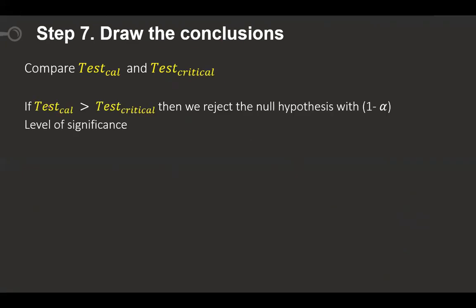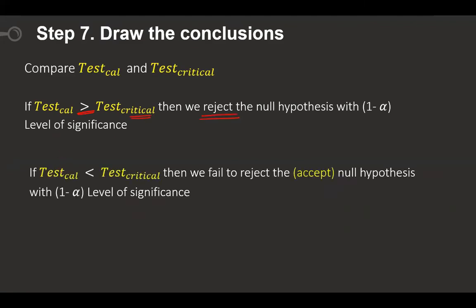Now, when the calculated value is greater than the tabulated value, then we reject it. When the calculated value is less than the tabulated value, then we will fail to reject. That is called the acceptance. So whatever we have studied is called the critical value approach. We are finding the test calculation here, then calculating the critical value from the tabular column, then comparing the values.